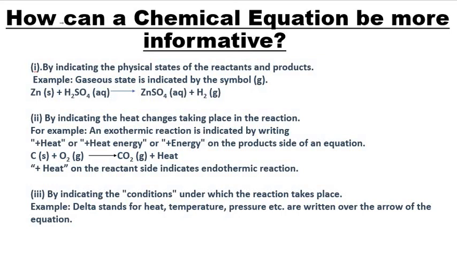For example, solid carbon is reacting with oxygen, carbon is solid and oxygen is gaseous, to give carbon dioxide, which is also gaseous. Along with this carbon dioxide, heat is liberated. So we see here plus heat is mentioned. Or in a reaction where heating is taking place, where you are providing temperature, we put a delta sign over the arrow. So this is how we balance a chemical equation.